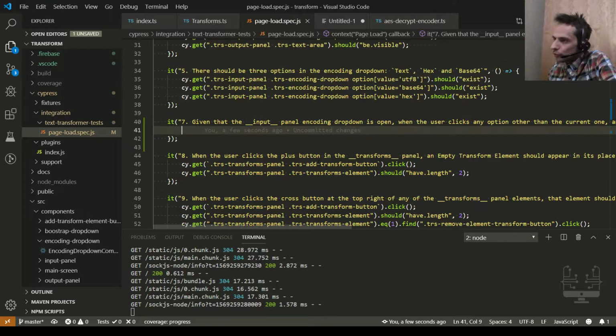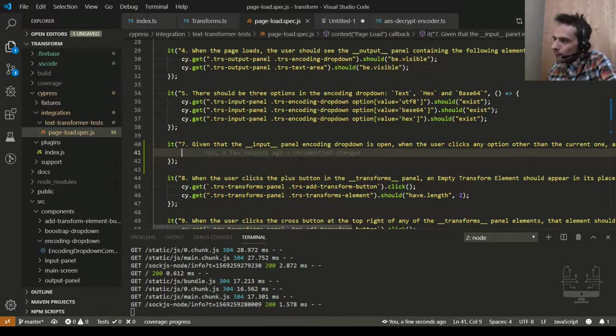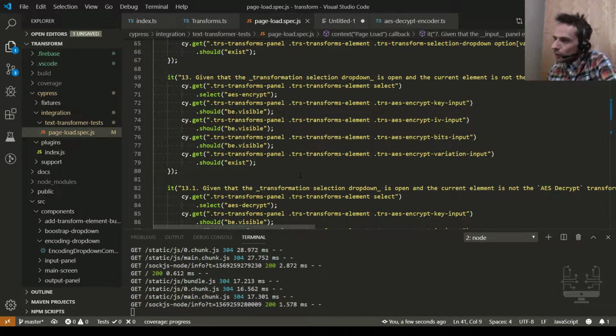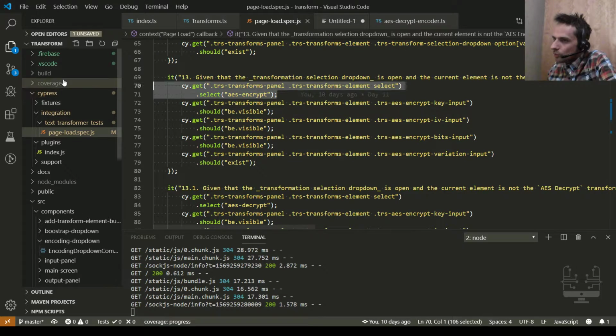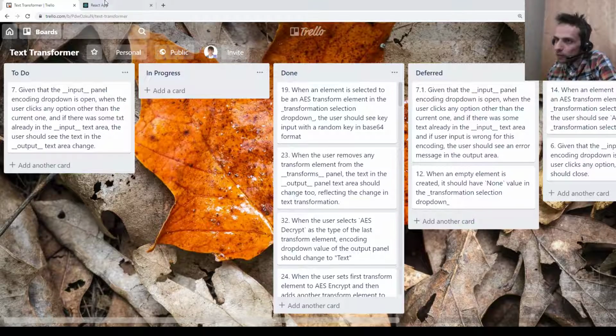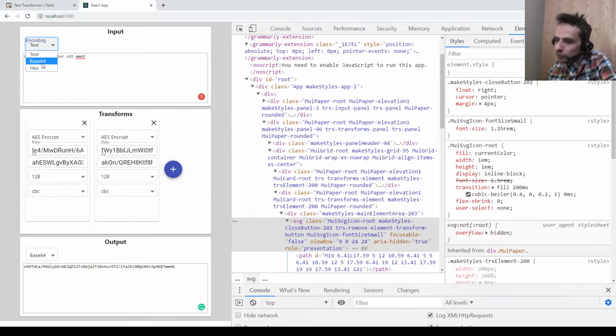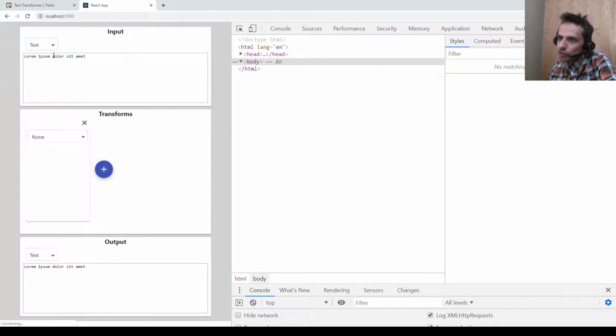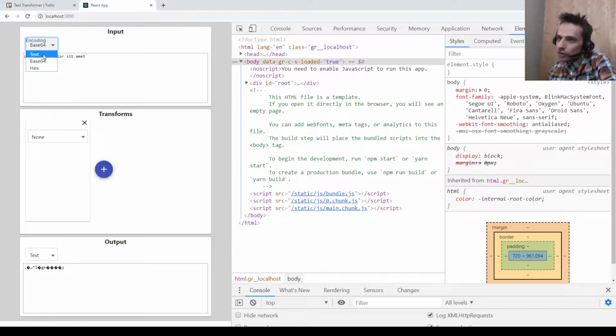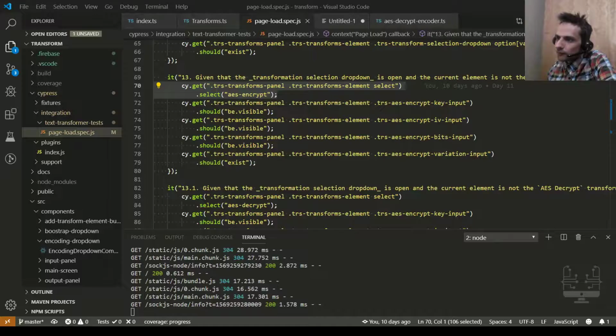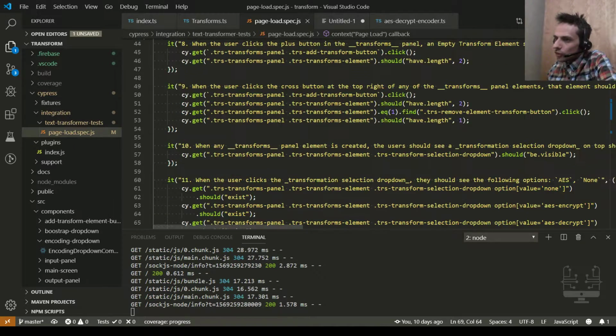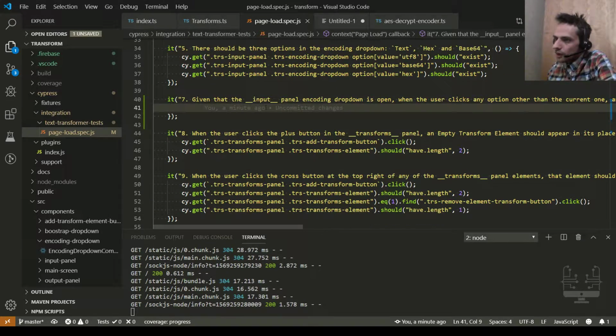This is what I would do first, because if transform is none, then there will be no difference, I think. Or maybe they will be actually. I think they will be even if transform is none. Even then you should see the result change. Right. Okay. Yeah, so we can just go to the encoding selector.